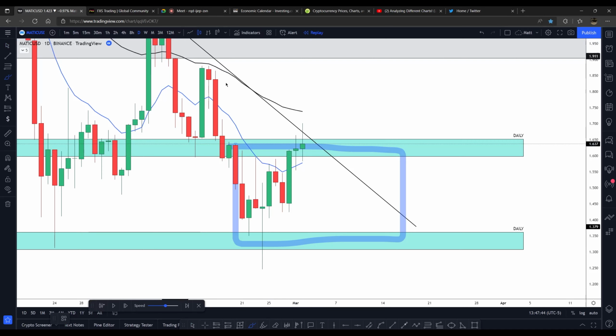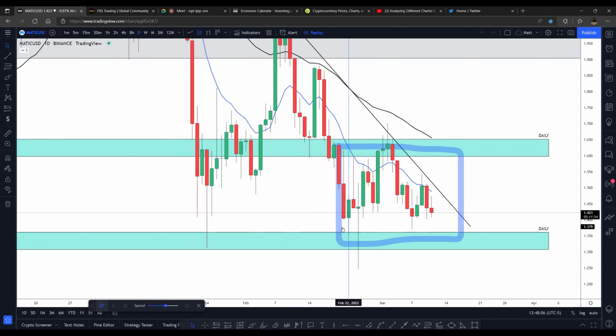So maybe if it did do that, right? If you waited for this daily candle to close bullish, so maybe up here, and then a bearish candle, the next one, let's say it retraces a bit lower, then you have a wick followed by a rejection. This is where you can look for a potential break and retest opportunity, right? But we never got that in this case. And so if I play it forward,